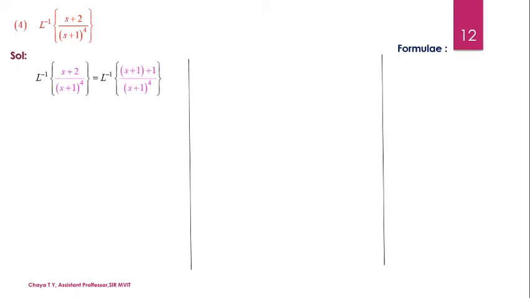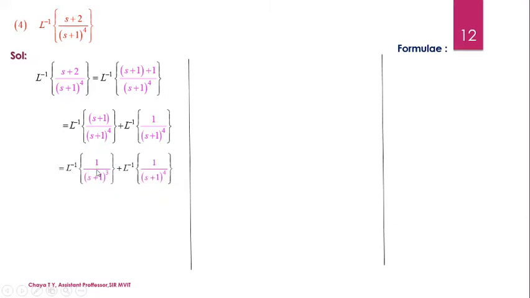So we are going to consider the given expression and rewrite it as Laplace inverse of s plus 2 in the numerator, which can be written as s plus 1 plus 1, because I have the s plus 1 term in the denominator. So it makes it easy to simplify the expression. Then we are going to rewrite the expression as Laplace inverse of (s plus 1) by (s plus 1) to the power 4 plus Laplace inverse of 1 by (s plus 1) whole to the power 4. Here s plus 1 simplifies with the denominator. So we are left with Laplace inverse of 1 by (s plus 1) whole to the power 3 plus Laplace inverse of 1 by (s plus 1) whole to the power 4.